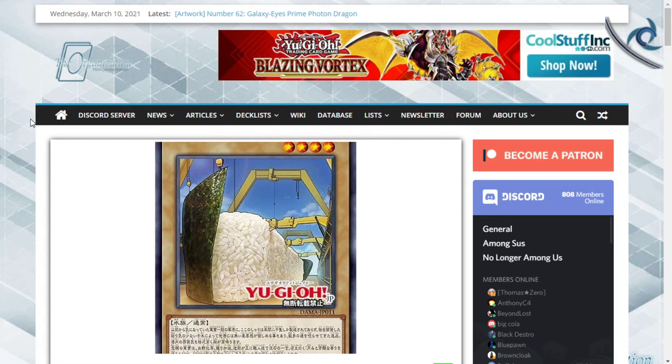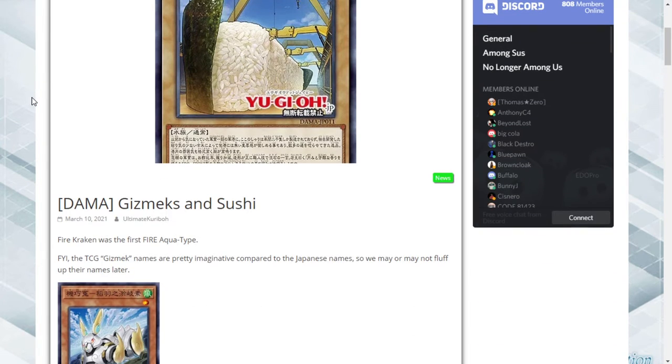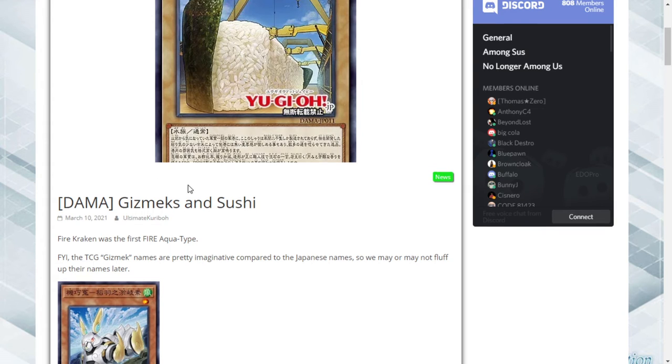My name is Michael, and we have some more new support to talk about, and one of which is Gizmeks. So Gizmeks are getting support. That is pretty cool. They are a deck I don't know much about. I knew when I read the title of this saying Gizmek and Sushi, I was like, Gizmeks sound familiar. And so I went and double checked, and they are an archetype. So they're getting support. That's pretty cool. So,